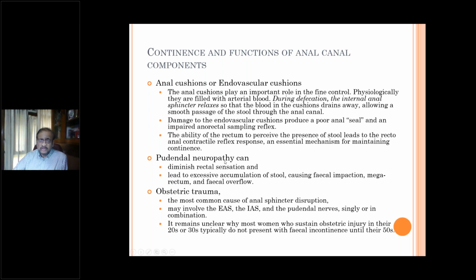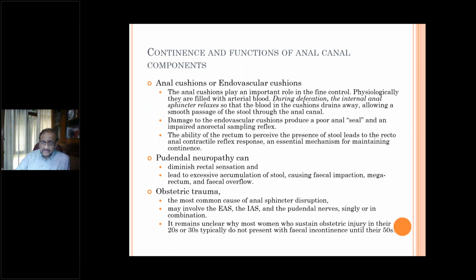You have injury to the pudendal nerve, neuropathy, you have diminished rectal sensation. So you never feel the rectum to be full. So what's going to happen? It keeps on accumulating inside the rectum, gives rise to fecal impaction, megarectum, and fecal overflow or encopresis. Obstetrical trauma, which is perhaps one of the most common,